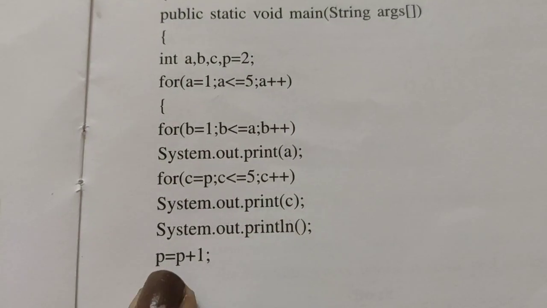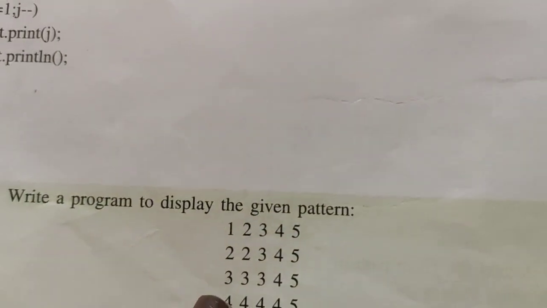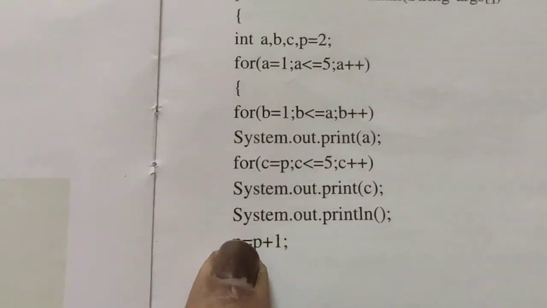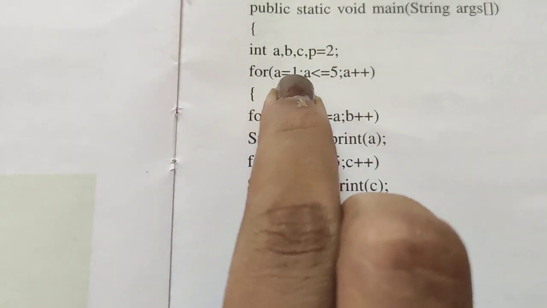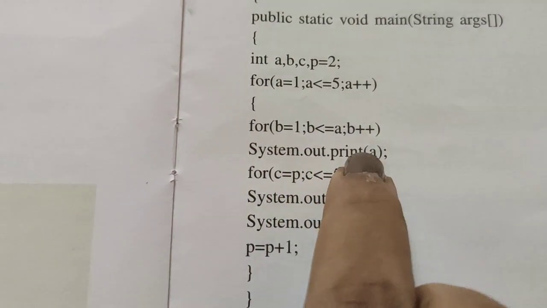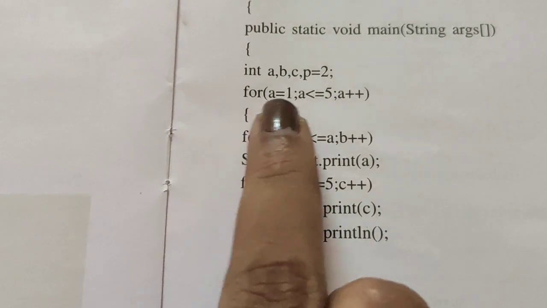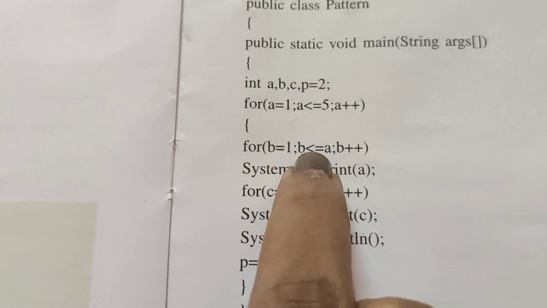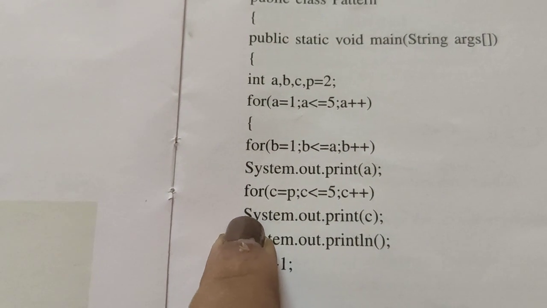Then it will go to the next line, and P is equal to P plus 1, because in the next line it has to start printing from 3, 4, 5, because 2 times you are going to print 4. That's why they have increased the value of P. So now the P value will be 3, and it is going here. Now the A iteration value will be A is equal to 2. So now 2 is going to be printed 2 times. B is equal to 1. For that 1, 2 will be printed here, and again see B is less than or equal to 2. So for B is equal to 2, it is equal to 2. So again 2 will be printed. Once it becomes 3, it will go to the next loop.